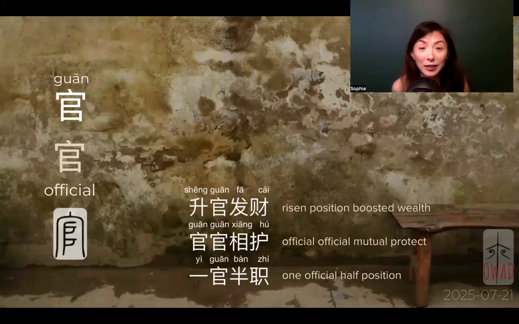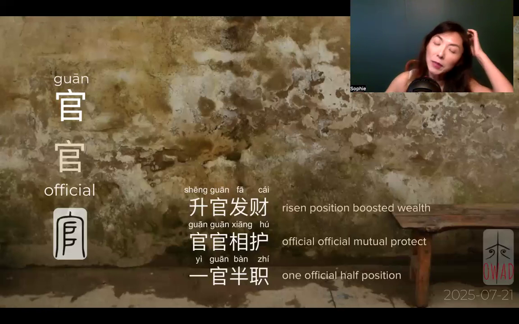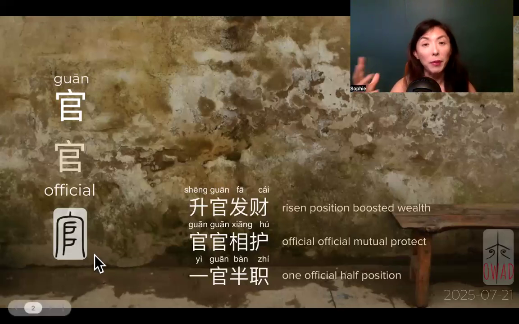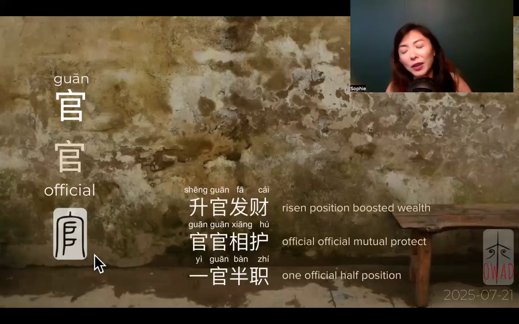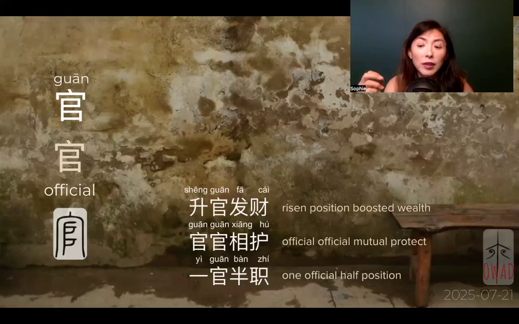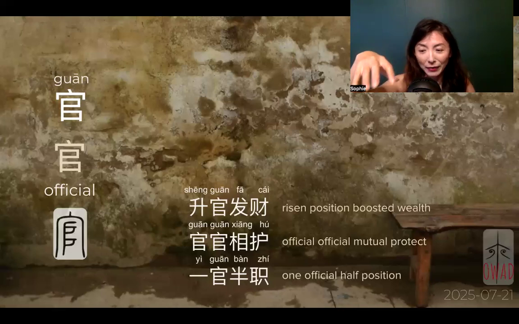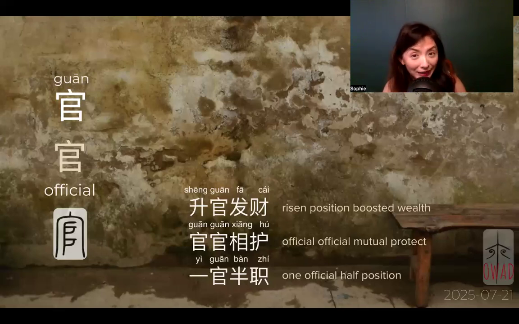And also, the meaning is official, government official. How could that be? I have to come up with some reading. So according to scholars, the reading of that is the bottom, this dui here, means population, means gathering of people, because we have another concept that is paired with something else that means the gathering of people. And in military terms, it's 2,500 people in the military. So this gathering of people, and then you add a rooftop, kind of covering, right? Kind of sitting over them, that gives you the sense of governing. So that's one reading, the scholars' reading.